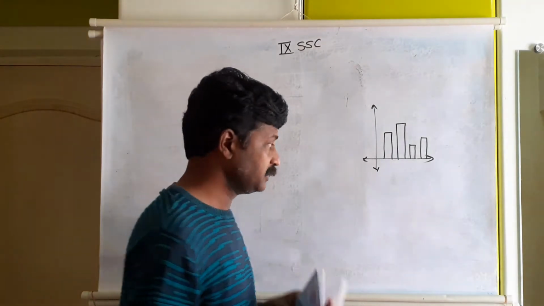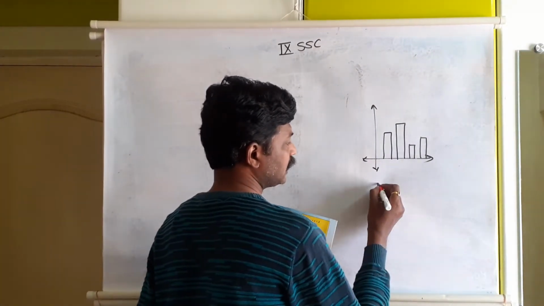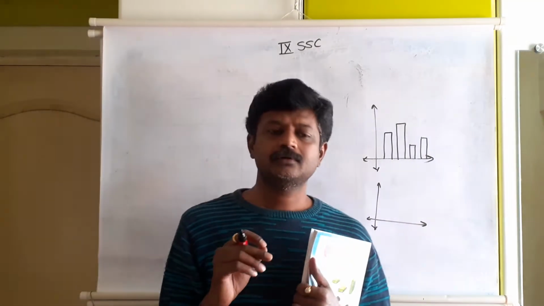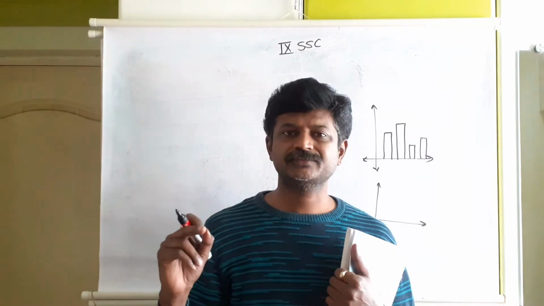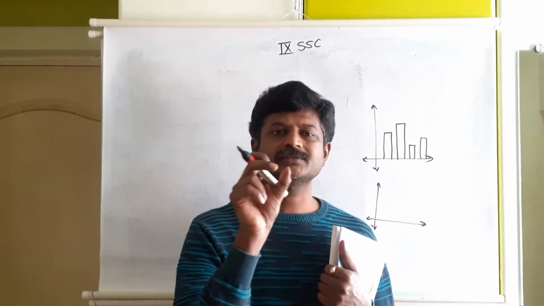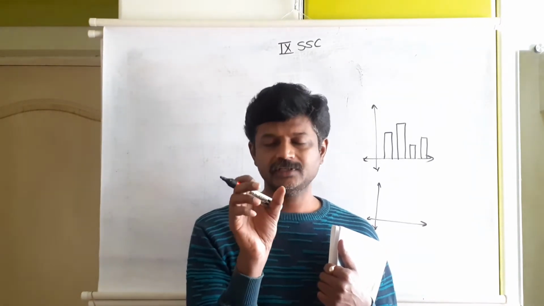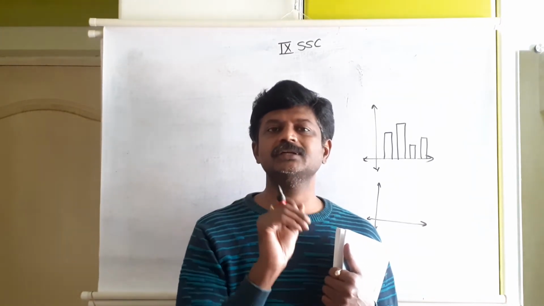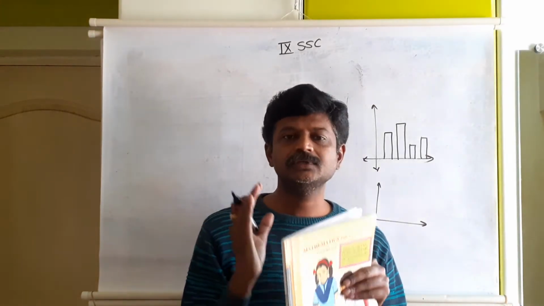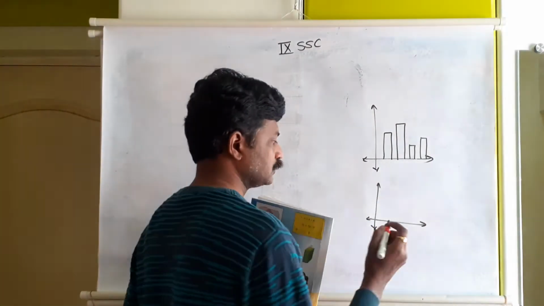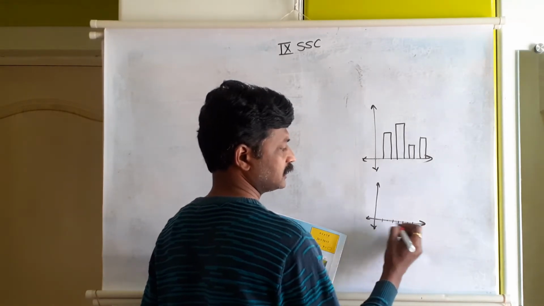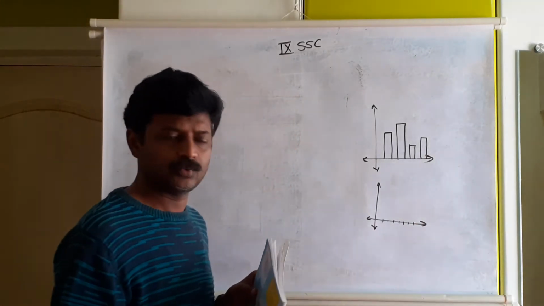Another type of bar diagram is the joint bar diagram. For the first class, suppose three divisions are given of standard 9, division A, division B and division C, and in one division the number of boys and number of girls are given, and we want to mention it in the same graph by using a joint bar diagram. So for the first class, midpoint, second class, third class, the scale depends on us what we can use.